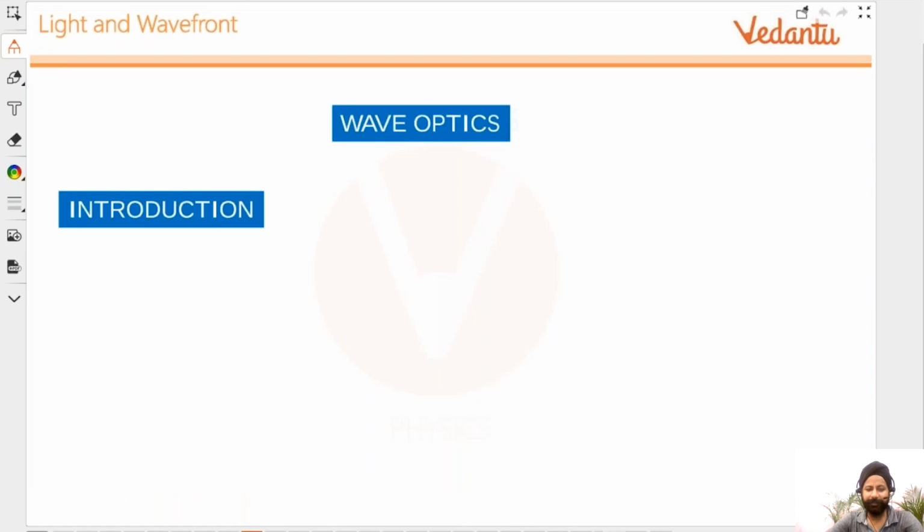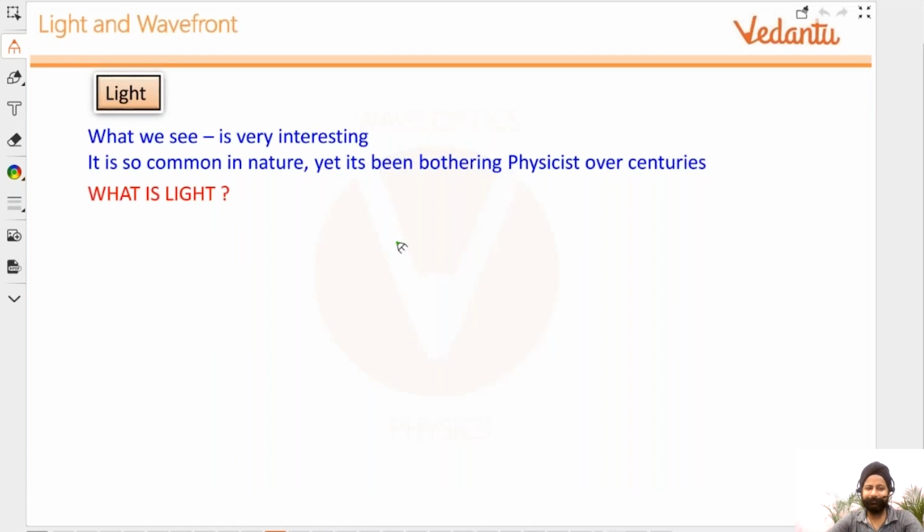Okay, so now let's use the slides here. Introduction to wave optics. So, some kind of history. I did a better job by putting everything on one page. This is talking about the same thing. What is light? It was bothering physicists for a long time. Just go through this.